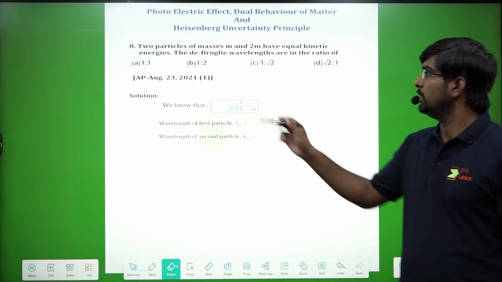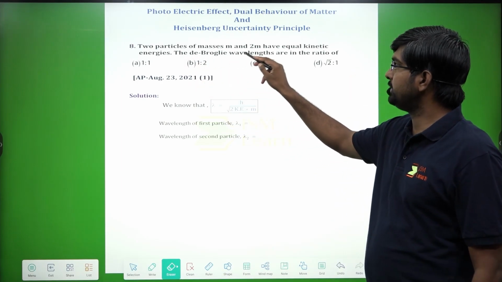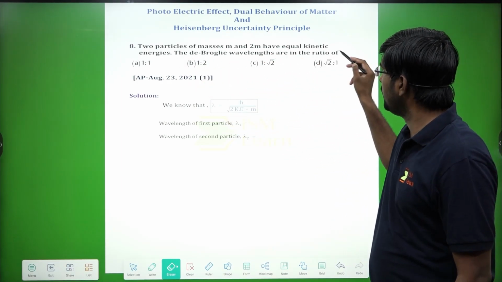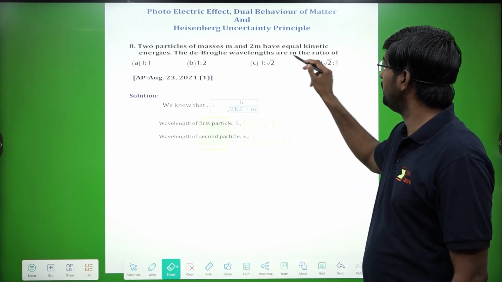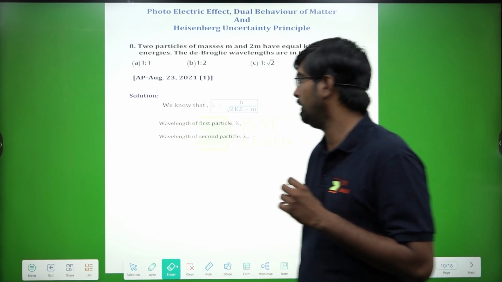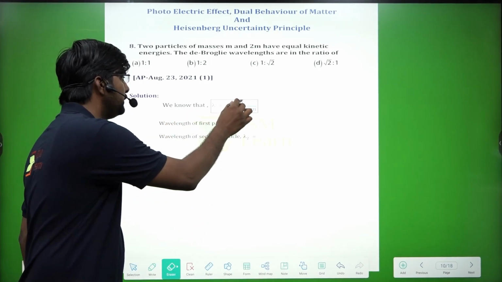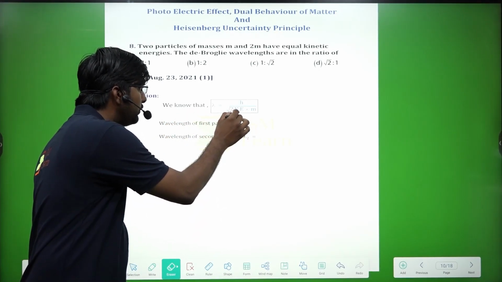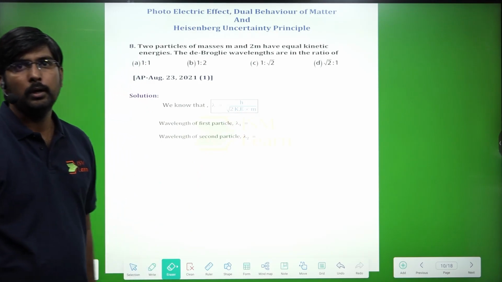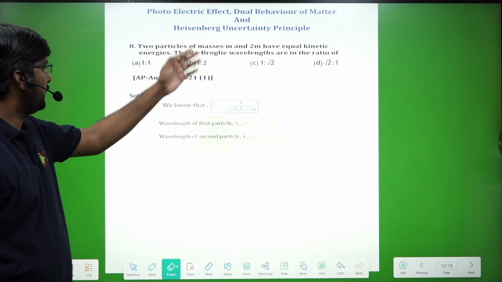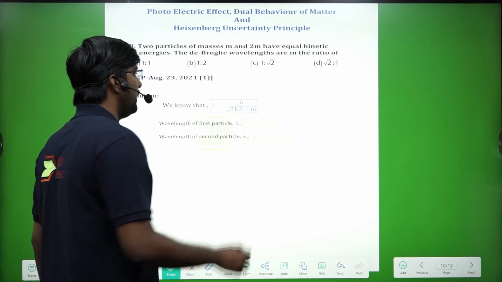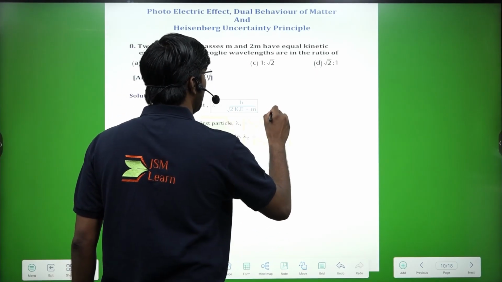Next, two particles of masses m and 2m have equal kinetic energies. The de Broglie wavelengths are in the ratio of. So here from the de Broglie's theory we know that wavelength equals h by square root of 2 into kinetic energy into mass of the particle. For the first particle, wavelength is lambda 1. If we substitute here, h by